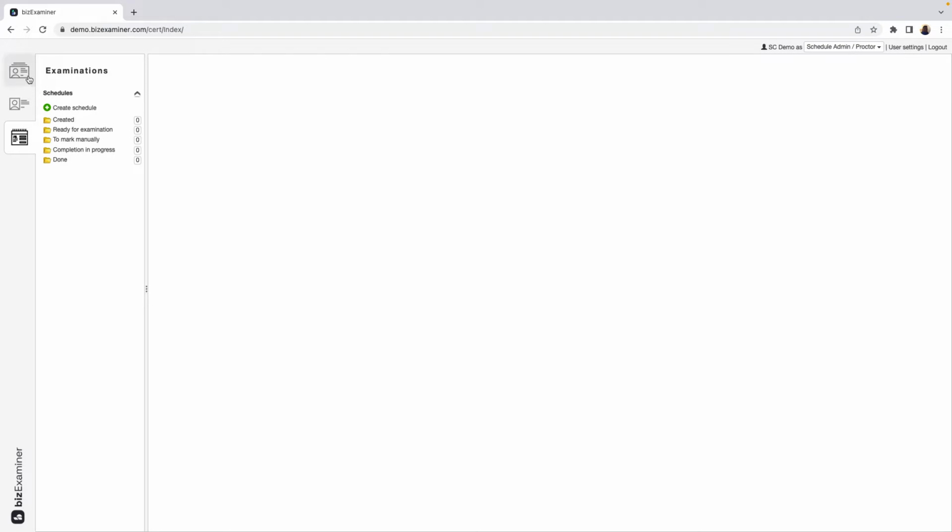On the left side, you see three main navigation sections. The first is called groups, where you can define and manage participant groups. The second one is called participants, where you see your already created participants. And the third one, the examinations section, where you can create schedules and watch them jumping through these so-called workflow